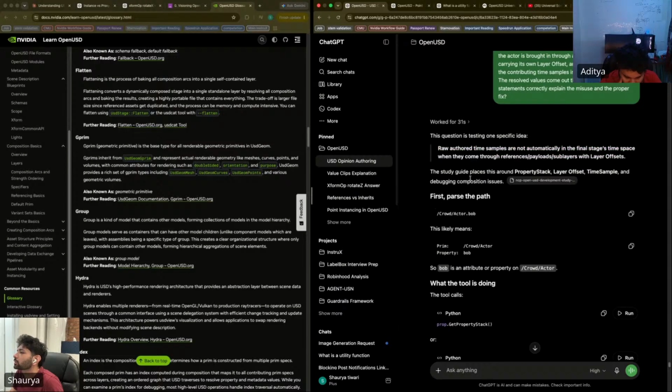The study guide places this around property stack, layer offset, time sample, and debugging composition issues. First, parse the path: the prim is /CrowdActor and the property is Bob.